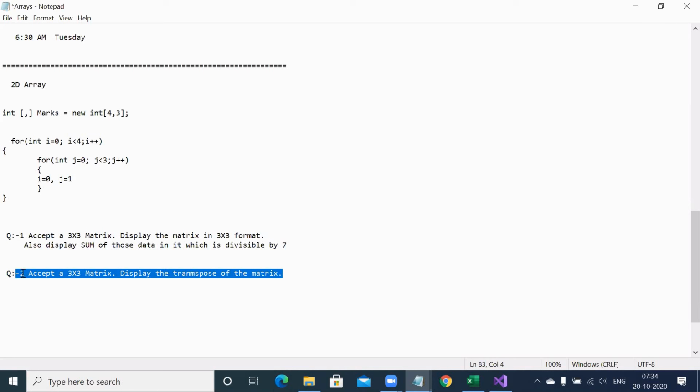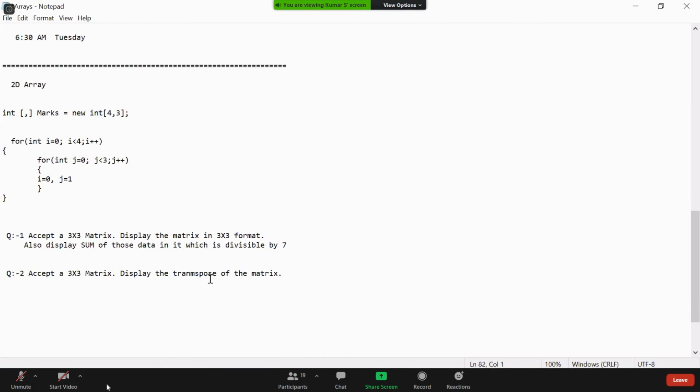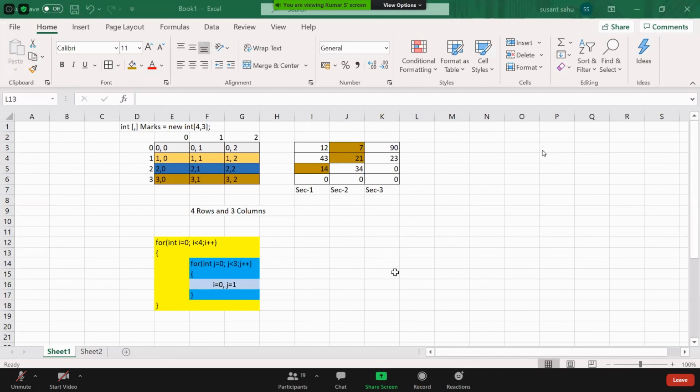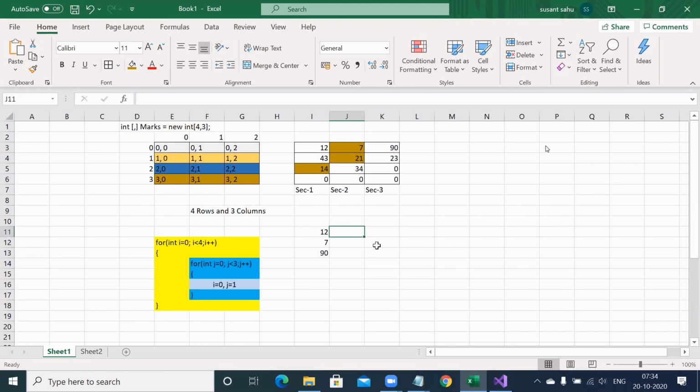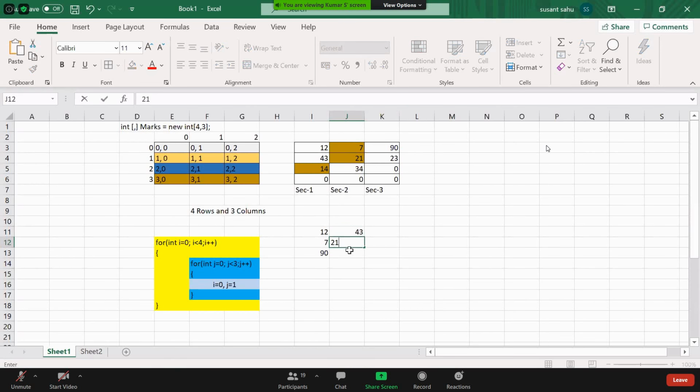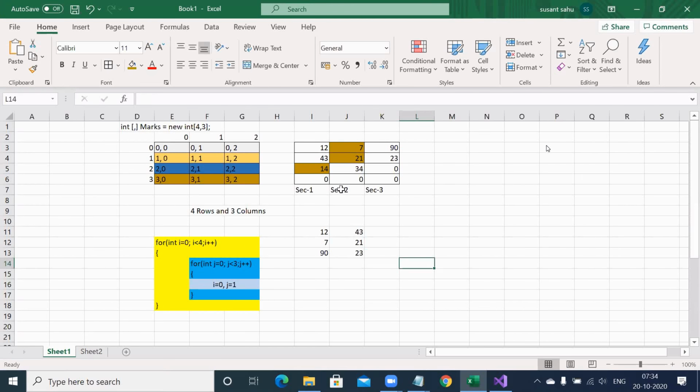Let's see how many of you are able to show this. Transpose, T-R-A-N, transpose. Okay. That means if this is the first row, 12, 7 and 90, my output will be 12, 7 and 90 like this. If second row is 43, 21, 23, then it will be 43, 21 and 23 like this. If it is 0, 0, 0, then it will be 0, 0, 0 like this.